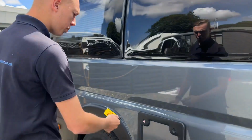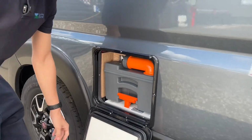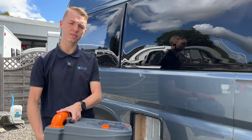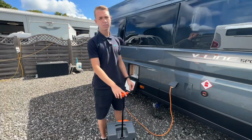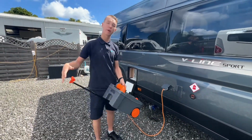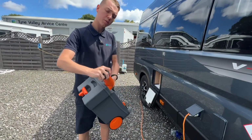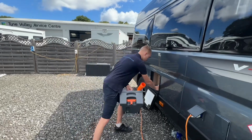Habitation key will open your cassette locker, and to get your cassette out, you'd lift the orange handle and slide it out of the vehicle. Once it's out of the vehicle, you can then drag it to your waste disposal point or carry it depending on how heavy it is. And to empty, you would remove the grey cap, popping the grey cap to the side for a moment,